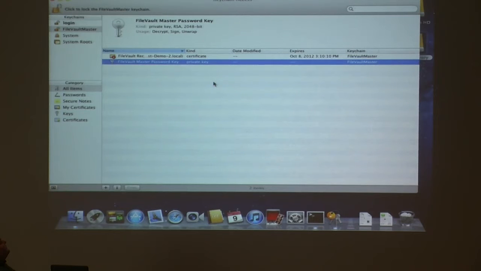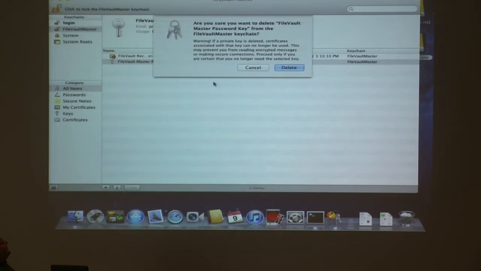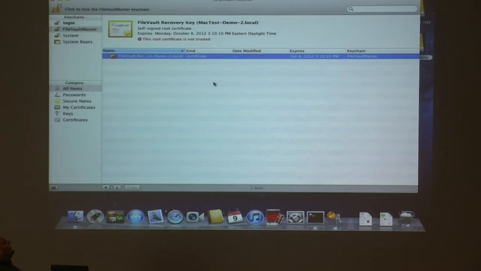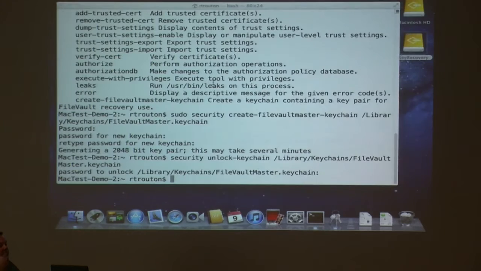So we're going to go ahead, remove that private key. Going to hit delete. And because this is rather important, it's asking us, are you sure? Yes, we're sure. And now our keychain is properly prepared now that we've taken out that private key. So let's lock it back up